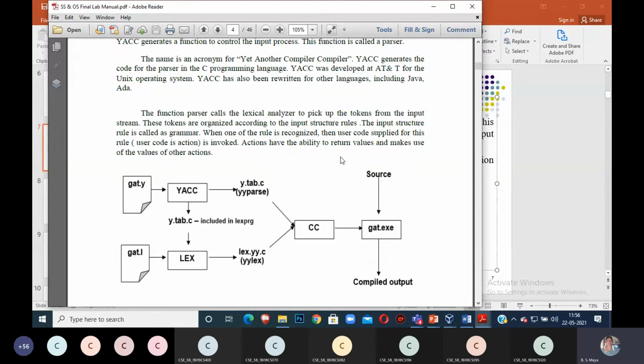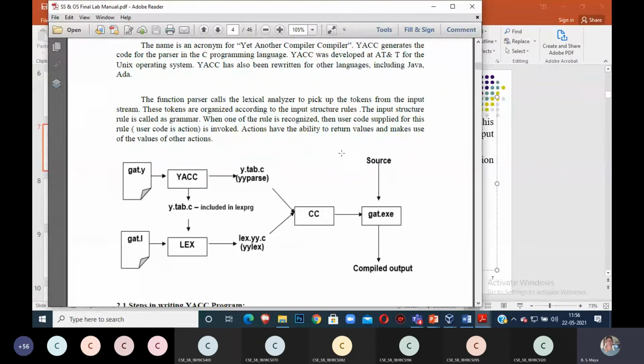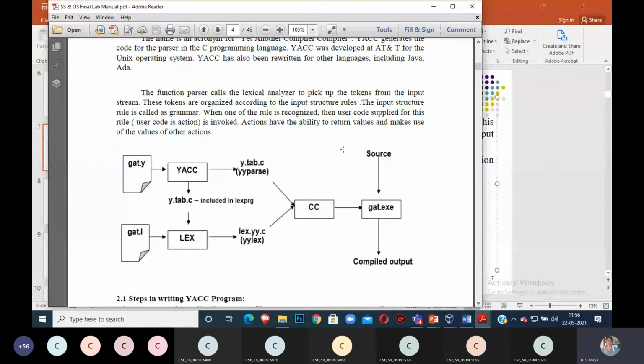Yes, ma'am. Okay. See, now we are using the Yacc program. The Lex program, you know how it is done. A Lex program has the name with extension .l. If you compile it by lexical analysis, what type of file will be generated? lex.yy.c. This file is generated, and it can call the built-in function yylex in the main program, and it will be compiled by the C compiler to get a.out.